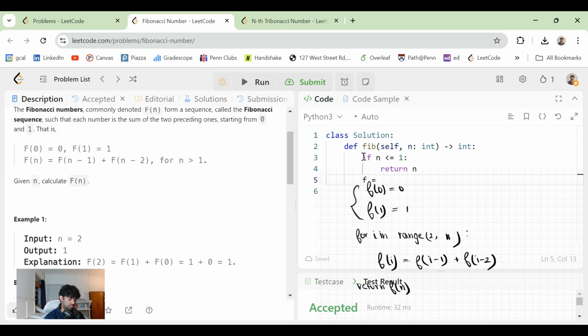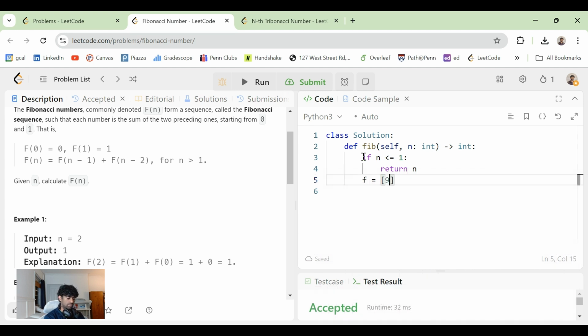Now we can instantiate an array f, let's keep it temporarily, filled up with zeros for now, times n plus 1. Because we want to return the nth number, and the first element would be f of 0. We could say f of 0 is now 0, f of 1 is now 1, and for i in range 2 to n,